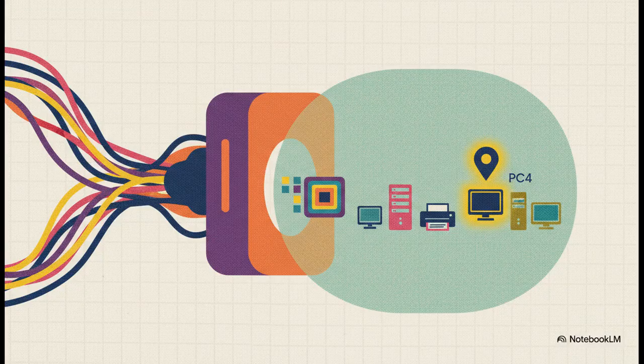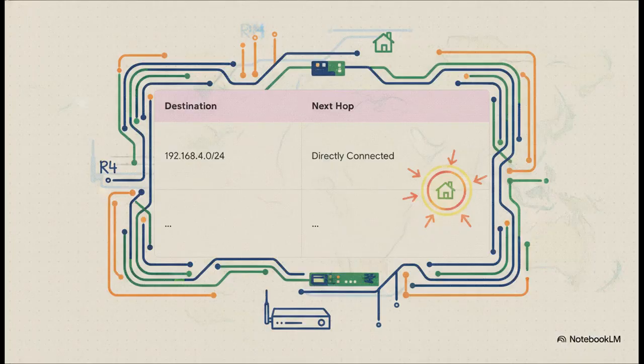The packet arrives at router R4. This moment is different. It's special. R4 is the gateway router for PC4's own local network. It is the last guide our packet is going to need. The end of the line is finally in sight. R4 does the same check. It looks at the destination IP